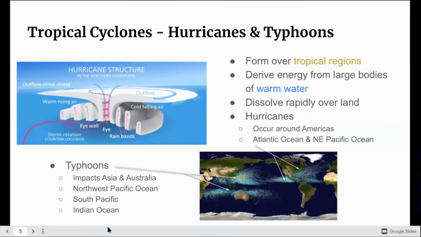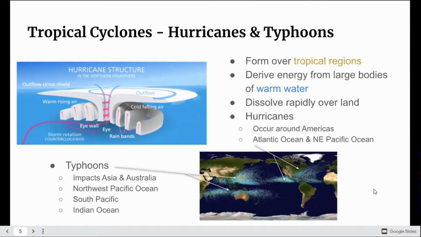All right, so tropical cyclones. Are they hurricanes or typhoons? If they're here in the North America, South America area, these are going to be hurricanes. Over here, Asia, all the way down through the Pacific Islands into Australia, those are typhoons. Same type of storm, same structure, but it's named based on what part of the world it's in. Remember, they all have that low pressure system in the middle and the swirling winds around it. The direction is going to change depending on whether it's northern or southern hemisphere.